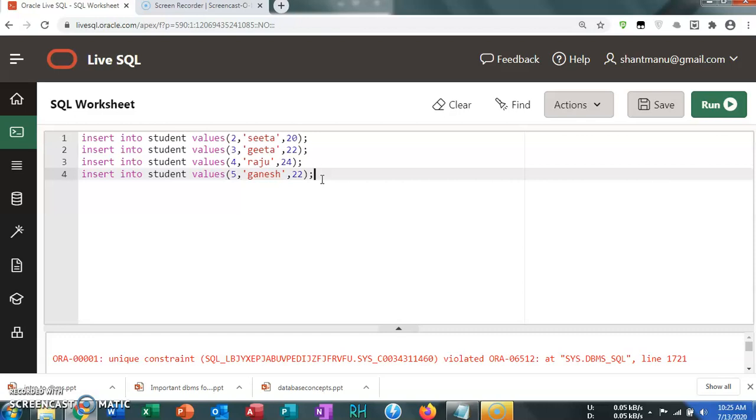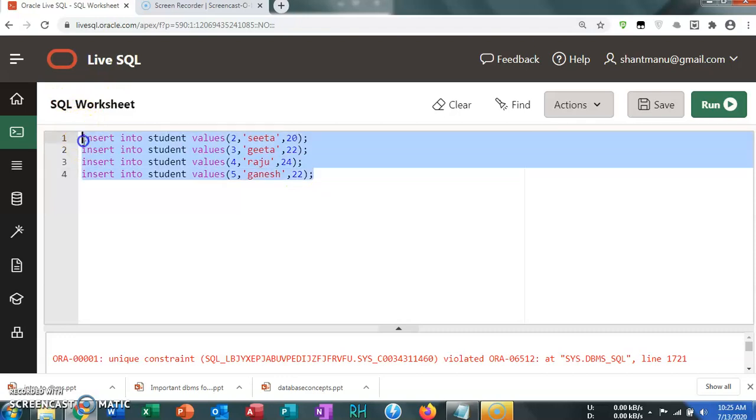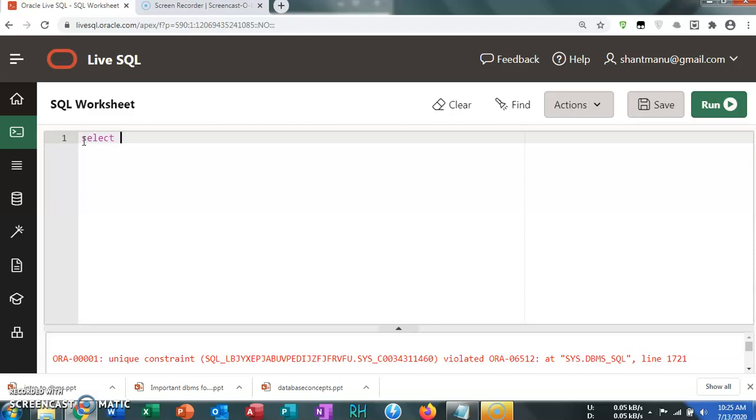So here we will explore it later on. Before that, we have to go for a select command. Select star, star means all, from student. Run.